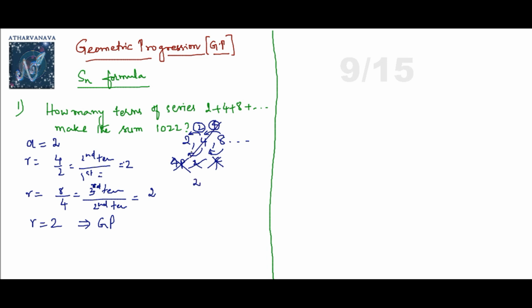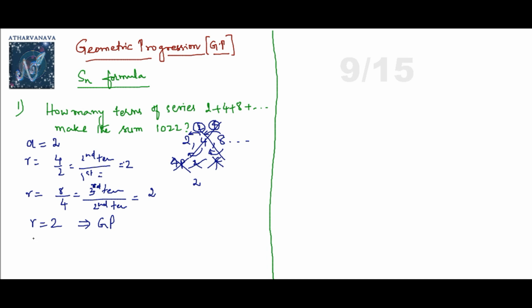Easily, quickly we decide that if it is not AP, it's going to be GP, because only 2 chapters, AP or GP, is what I am mentioning in case of ICSE. In case of CBSE, anyways you have only AP, so no issues. But if you have both the chapters, this is how you have to decide. R is equal to 2 is my conclusion. With the R value, I decide that it is GP.